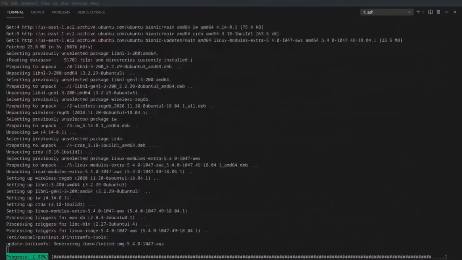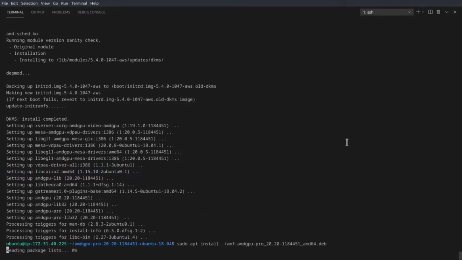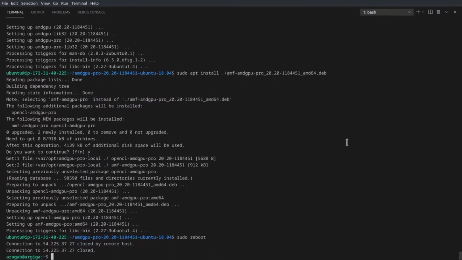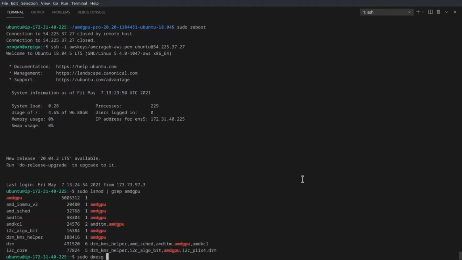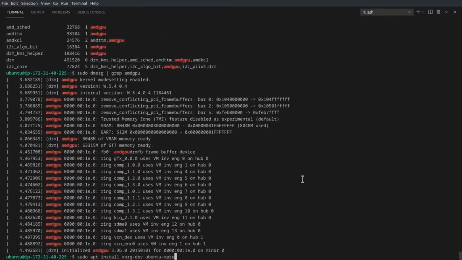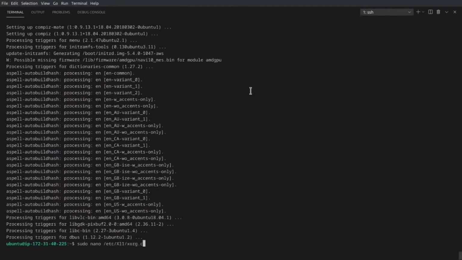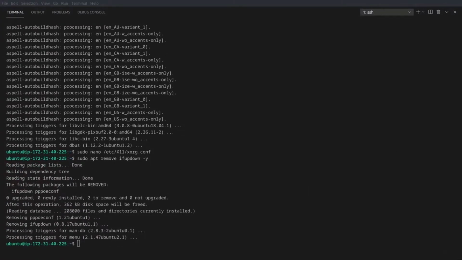In this particular case, there is an update. And once you do the update, you'll reboot the instance. Once we reboot the instance, we're going to reconnect to the instance after reboots. After I reboot the instance, I'm going to install the latest AMD driver. You'll first have to extract the driver to do the installation. You'll extract the driver, and then you'll do the installation of the driver. You'll run the self-install script to do that, and then once again, we'll reboot the instance. We'll do a quick check to make sure the driver is actually working, and then we'll get prepared to look at the